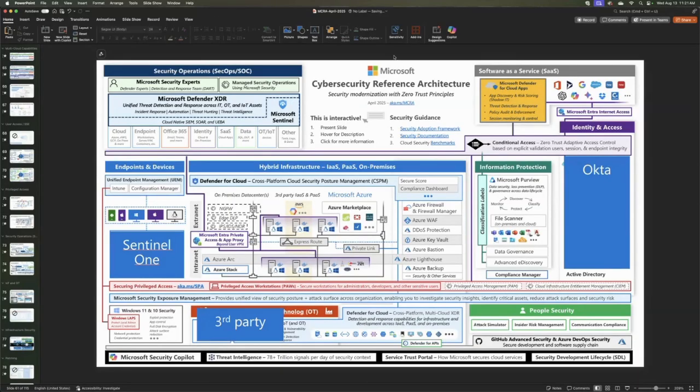Part of the Microsoft story here is that the Microsoft security products natively integrate with each other. In many cases, you don't have to do anything. Some cases you have to check a box, but that's it. I don't have to pay a developer or hire a systems integrator. It's already pre-integrated.